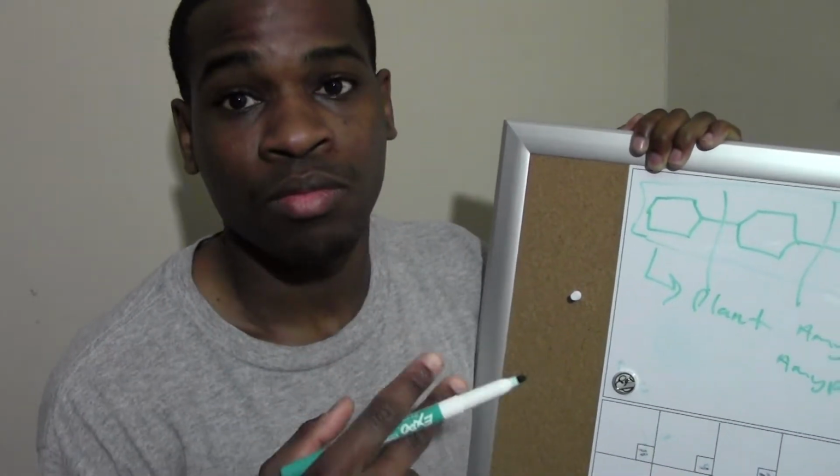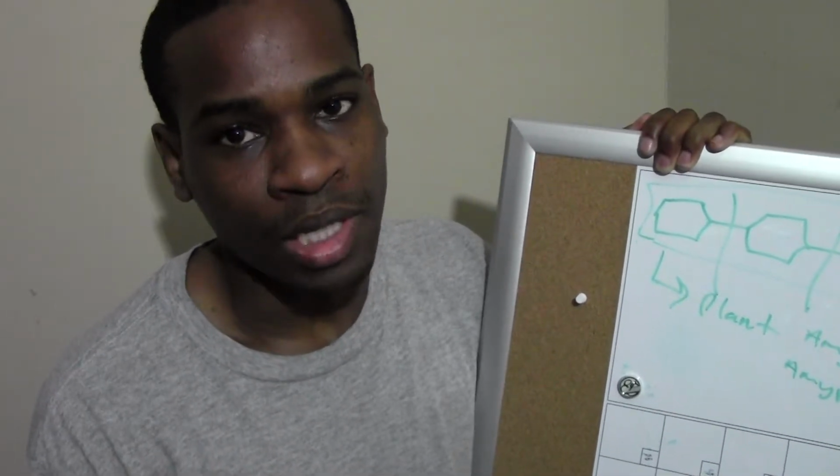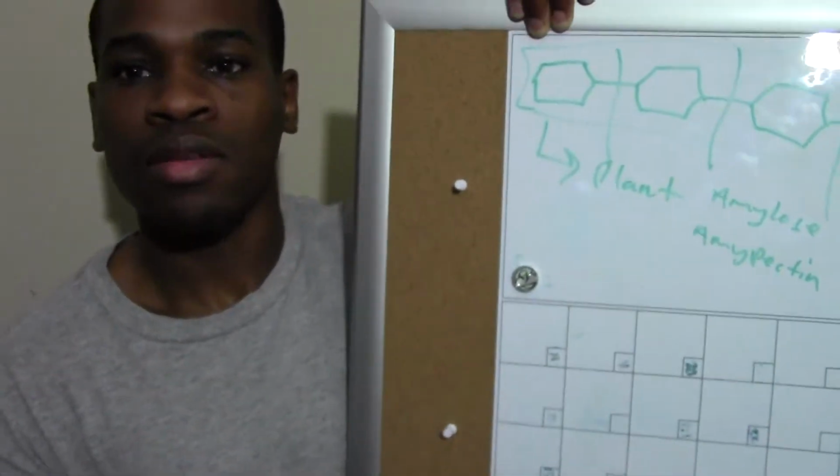Both starches, well, I should say both carbohydrates, are very well known and used in the food industry. Can you see that? Yeah. So I'm going to erase this and go into